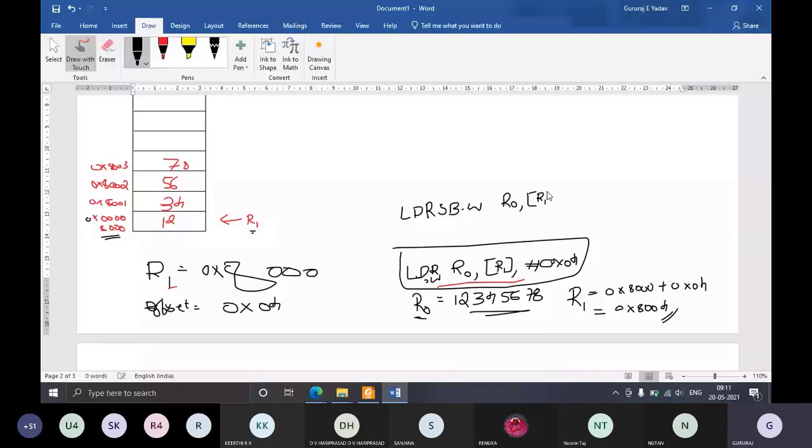Let's say the offset is 0x04. Again, it is a post indexing instruction, but with sign extend. So what do you mean by sign extend? We shall see that.